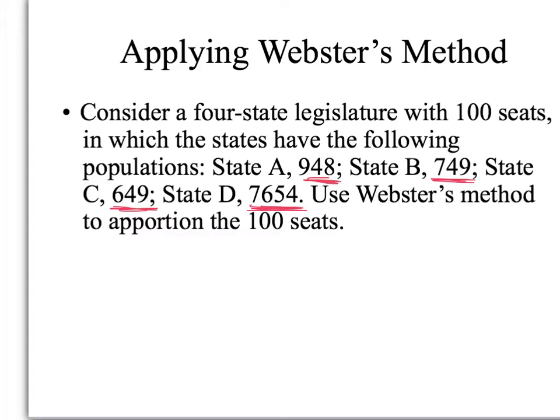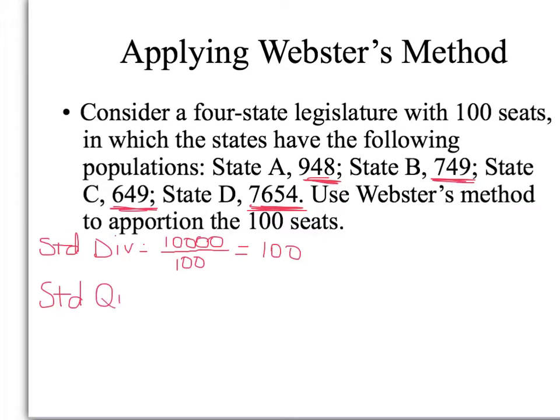So we first need the standard divisor. The sum of all of those is, again, 10,000, divided by the number of seats, which is 100. So the standard divisor is 100, and the standard quotas are, since we're just dividing by 100,